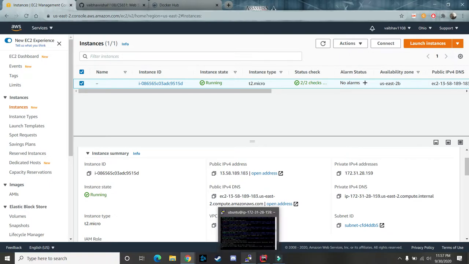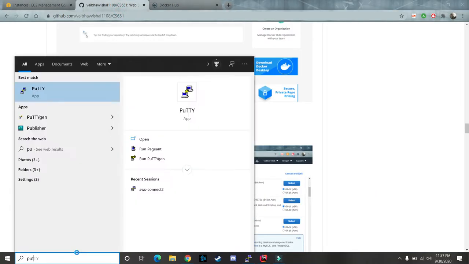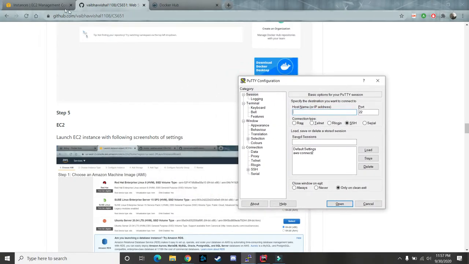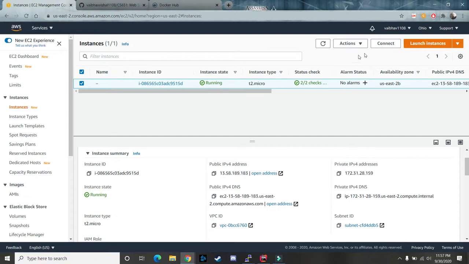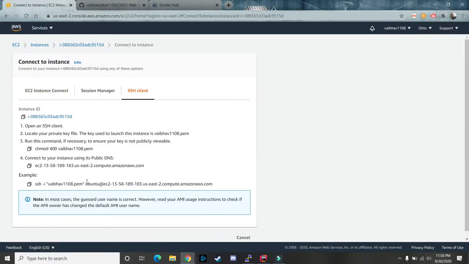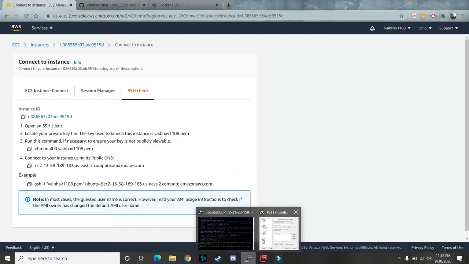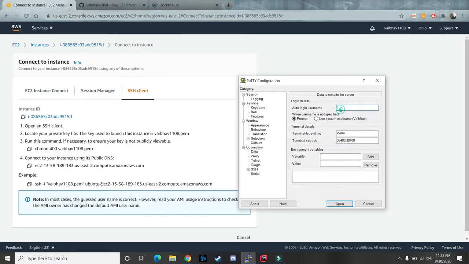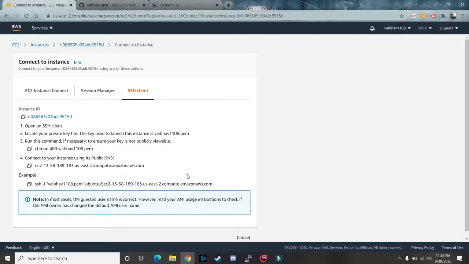Then next we need to use PuTTY, that is our SSH client, to connect to our instance. So in the PuTTY application here we need to use our IP address, which is basically the public DNS. I'll show you this one. This is the ID that we need to input in our PuTTY IP address. In the data tab we need to enter Ubuntu, which is our username, as you can see here. Next we need to enter